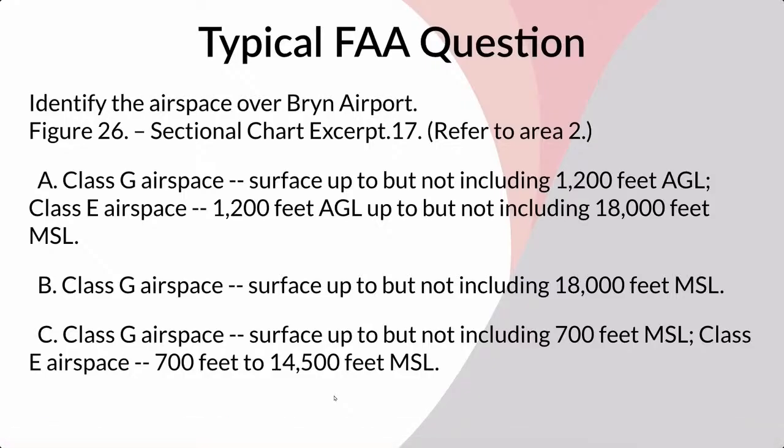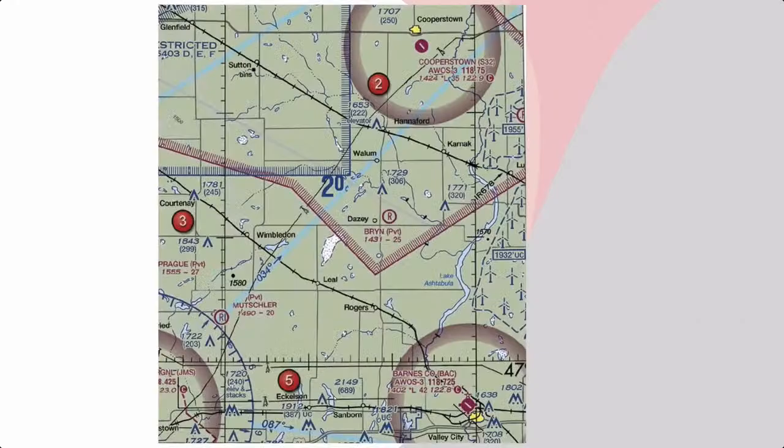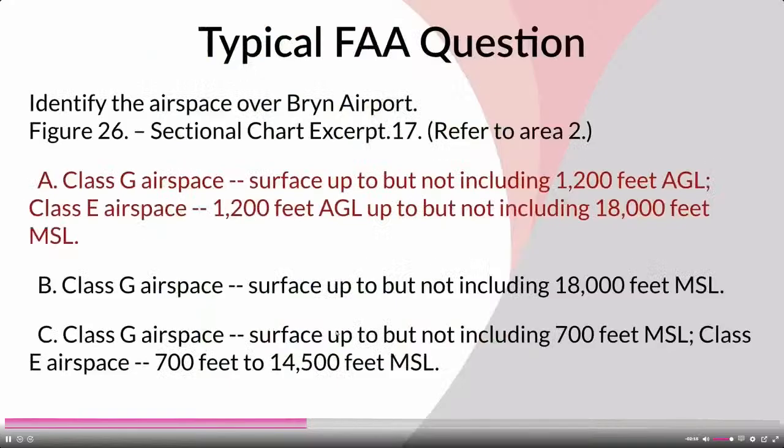Identify the airspace over Bryan Airport. Bryan Airport, let's go ahead and try to find it in here. Okay, so Bryan Airport is located right here. Now what we notice with this airport is that it's inside of what looks like probably a military operating area. I would have to zoom out to see, but in terms of controlled or uncontrolled airspace, it's pretty straightforward here. So let's take a look. It says Class Golf airspace from the surface up to, but not including, 1,200 feet AGL, and Class E starting at 1,200 feet AGL, to, but not including